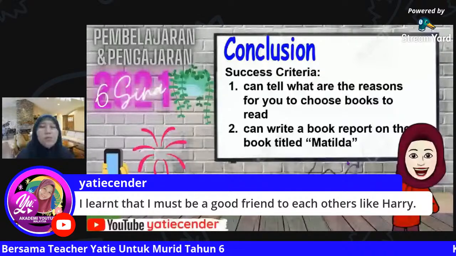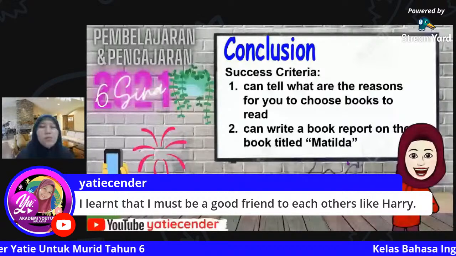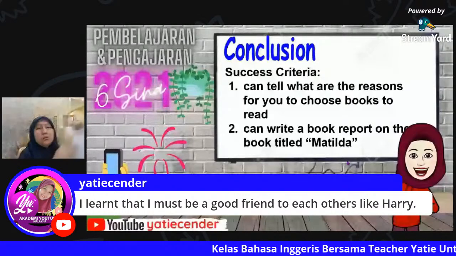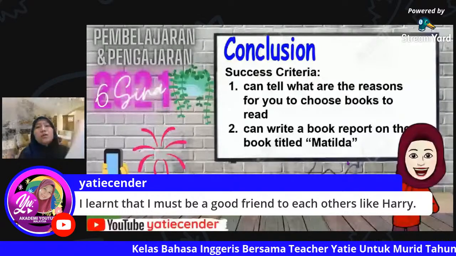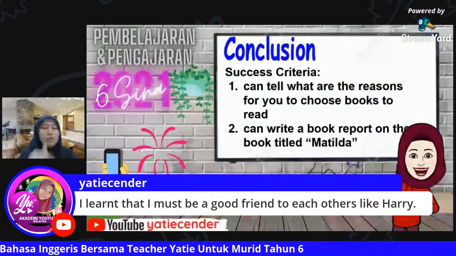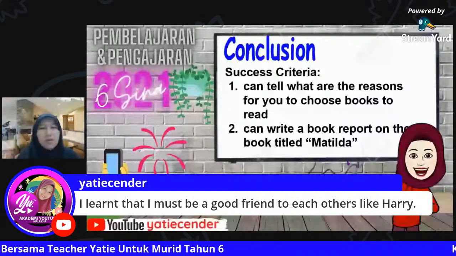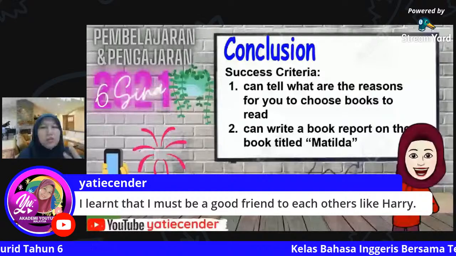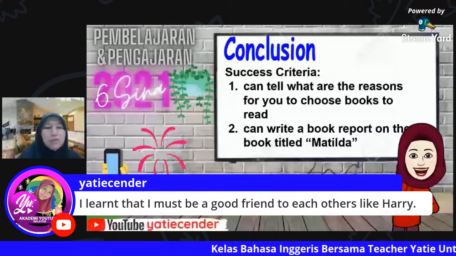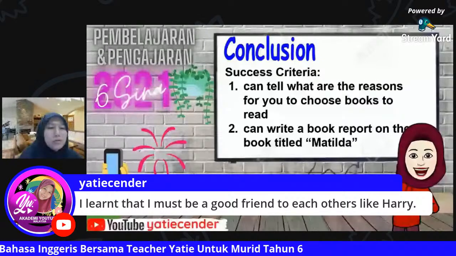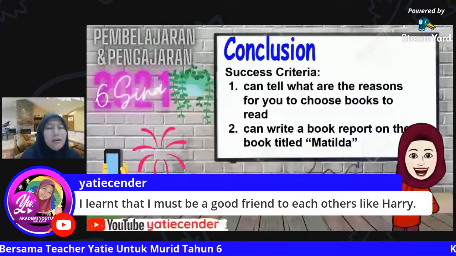Number 2, this homework: after you finish writing, I want you to take a picture and put it in our group. So that is 2 tasks. Number 1 is an option, number 2 is compulsory. Number 1 is up to you. It's okay if you want to do it or not. It's an option, teacher doesn't force you.